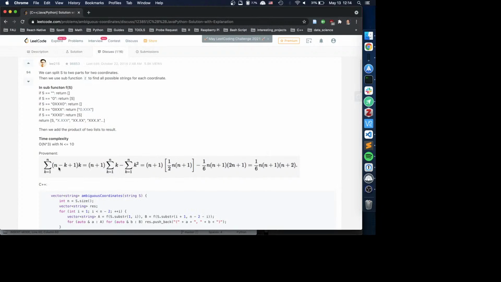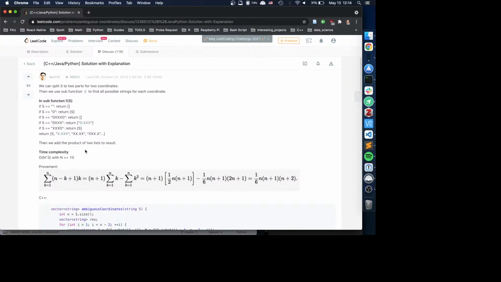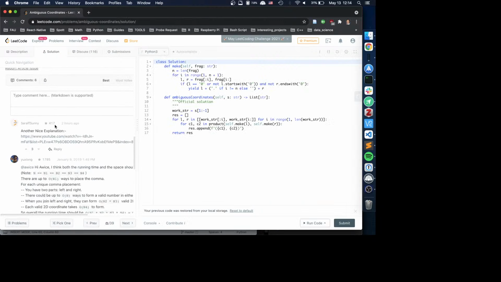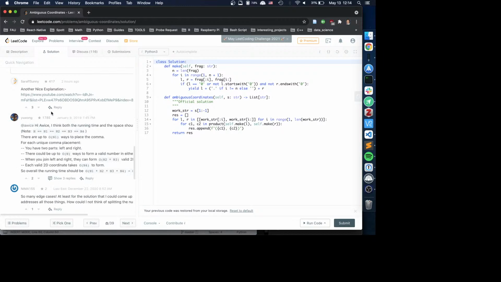This is correct. It is N to the third. Yes, I now understand what this means. Yeah, that's what I think. I think it is N to the third. I'm going to leave a comment. I think it's N to the third. I also think this is what this one's trying to say. We evaluate. Unless